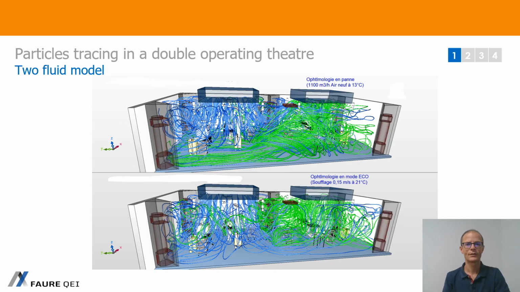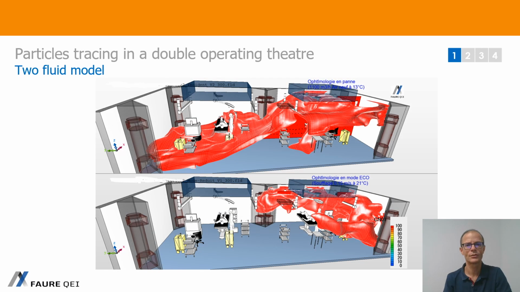You can see here two scenarios. The left unit doesn't change and is still in operation, but on the right, half ventilation is off. That's the top picture. Then we put the right half ventilation at 50% speed, called eco mode. The flow penetration from right to left is scrutinized to estimate if those scenarios are acceptable. It is even more interesting if we define the contamination on the right part of the volume and observe the penetration on the left.